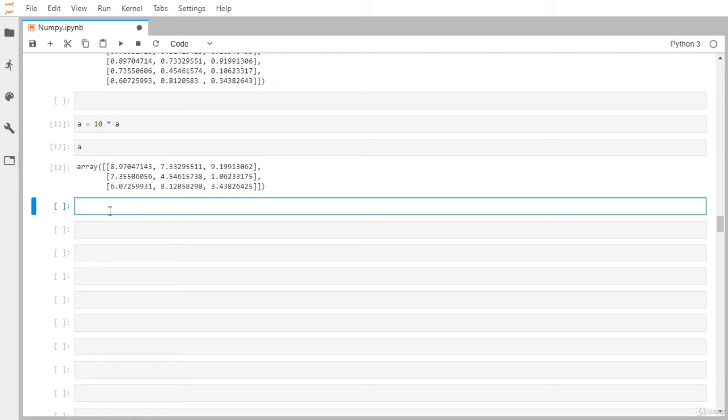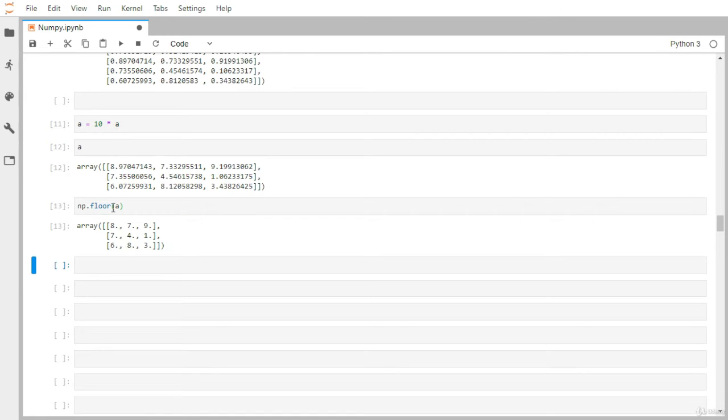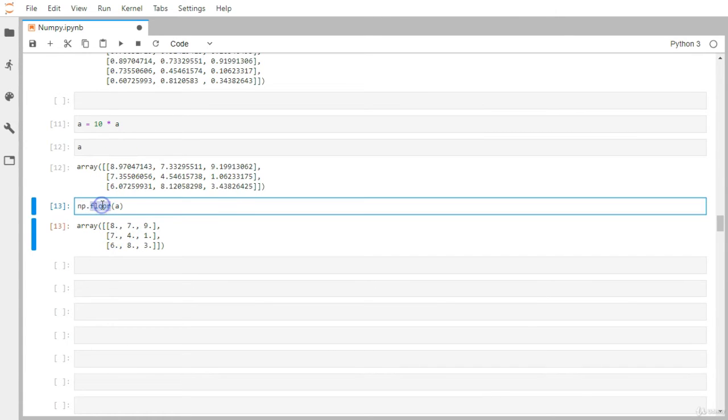So you can use floor and just simply pass A. You can see every single value is rounded to the floor value. So 8.97 got rounded to 8. Now floor is equivalent to the maximum integer which is less than the particular value. So 7.33 is rounded to 7.